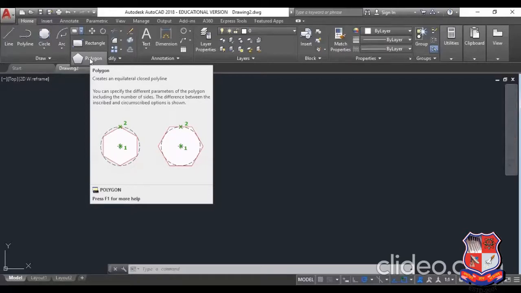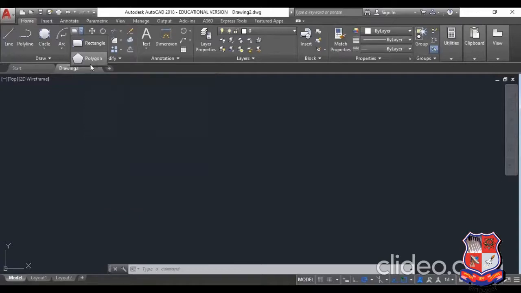In this AutoCAD, you can create a polygon having 3 to 1024 sides, means triangle to 1024 sides.